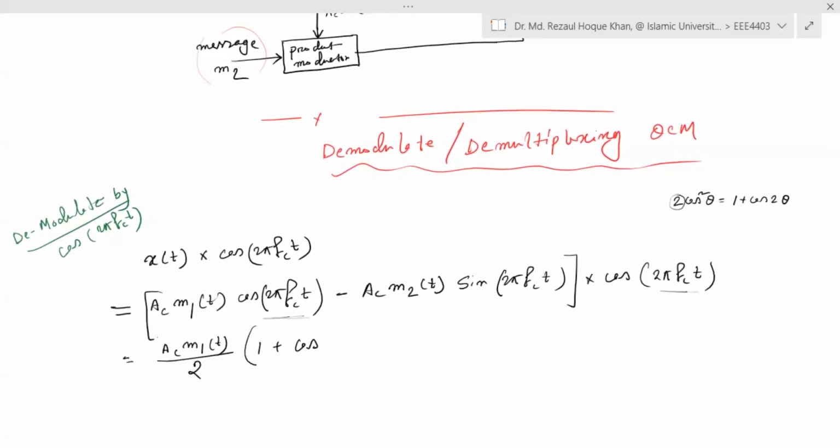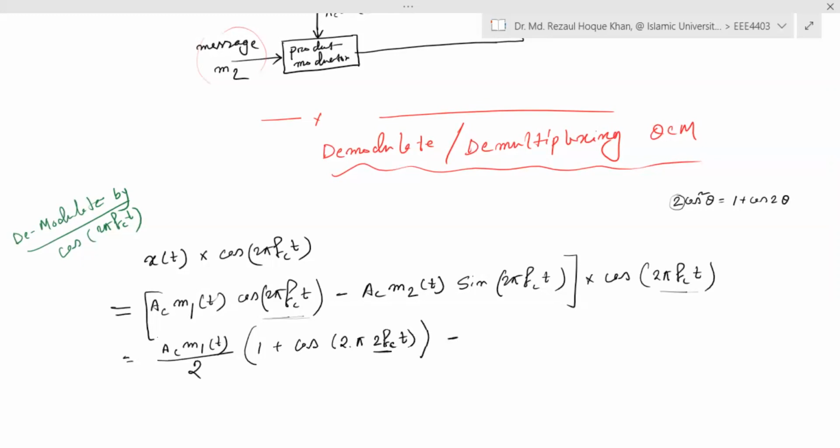This is already cos 2 pi, so this is actually cos of 2 pi twice fc t. I want to write twice fc together. So this is 1 plus cos twice theta